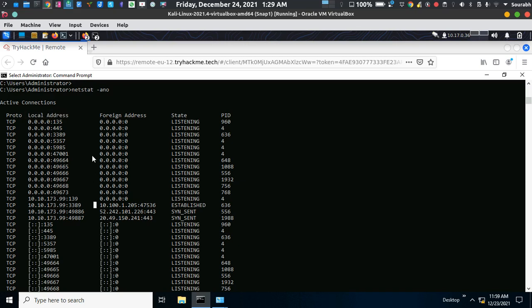As you can see, these are all ports which are listening except this established one, because it is hosting port 3389, which is for RDP, because I have an RDP connection right now. That's why it shows the established one, and the PID for that particular service.